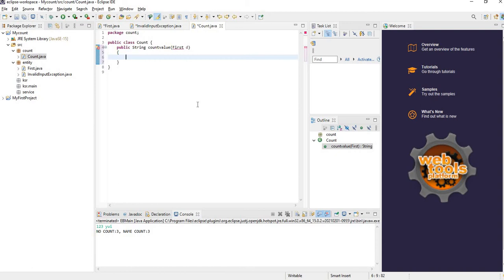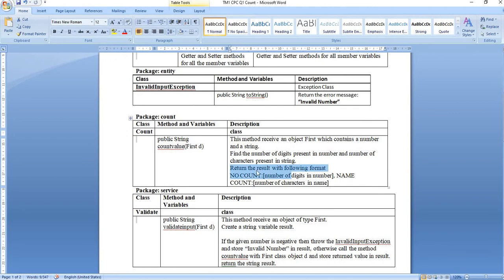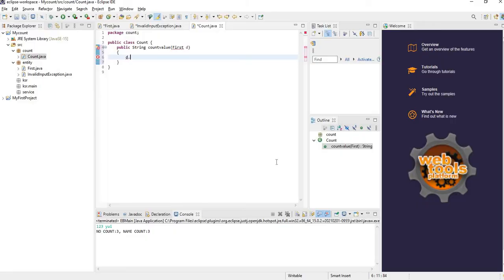So let us call D dot. Now we have to do two processes. One is to get the number of digits in the given number, so we have to get the input through the method getD(). The getter method we have already discussed.